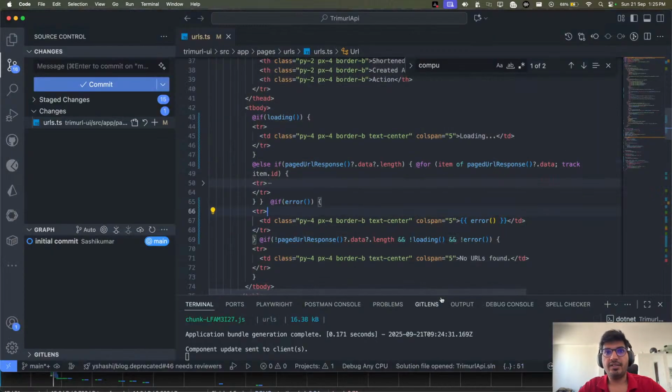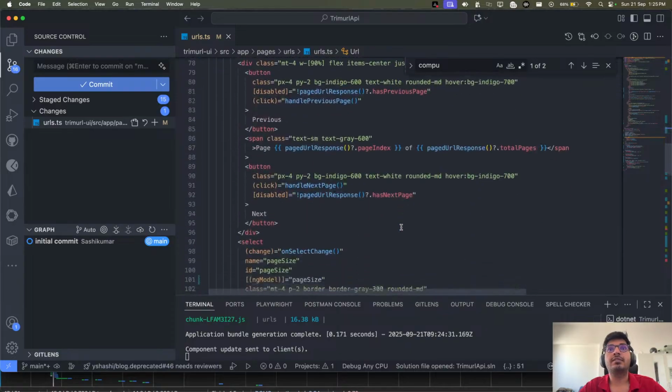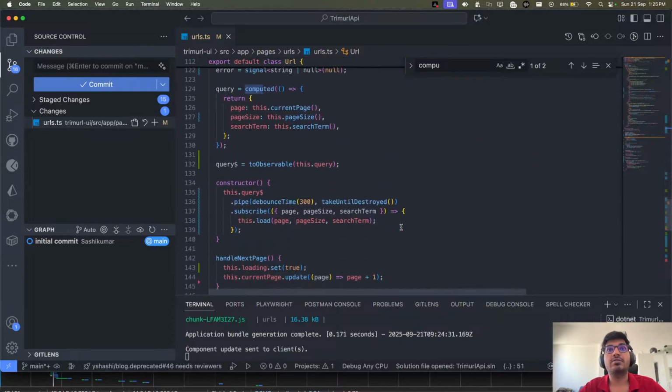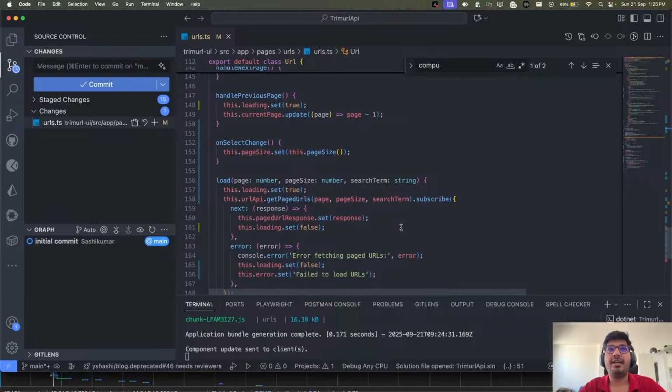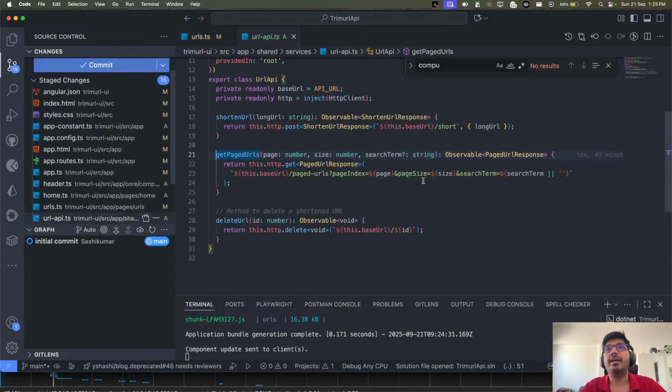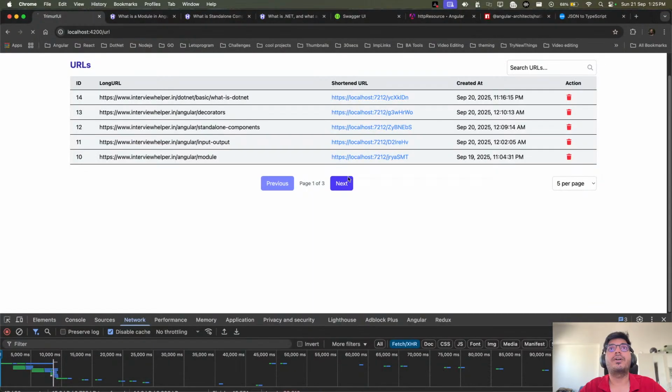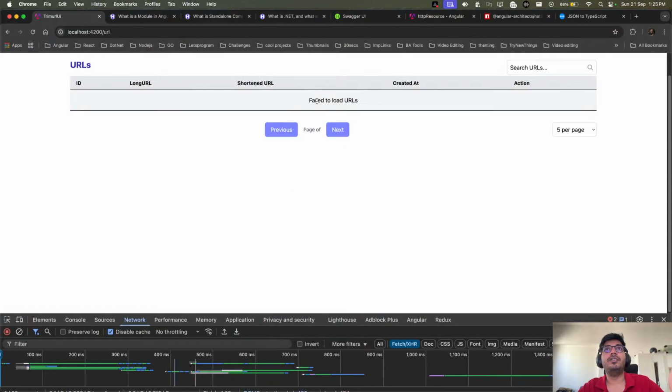Nice. What if my API call fails? Let's see if that works or not. For that, I might have to fail my API by making some mistake. So I can change this URL here like that. And can you see now? It fails to load the URL, and there is nothing here, and you cannot do anything with the state. And it says that you have failed to load the data, right?